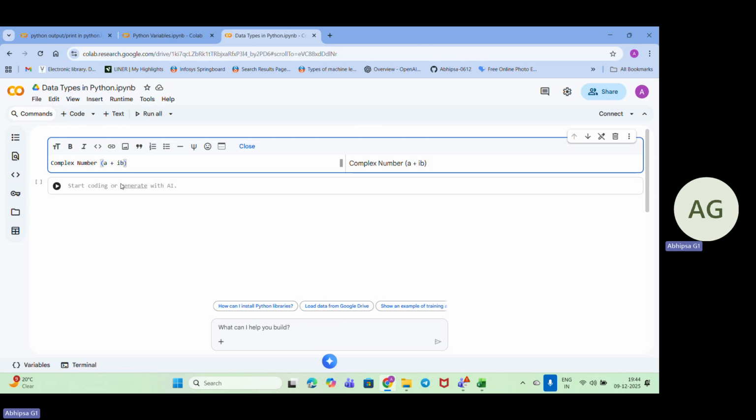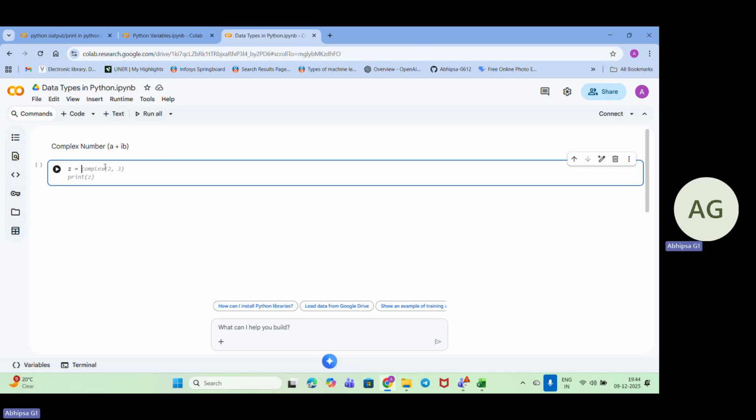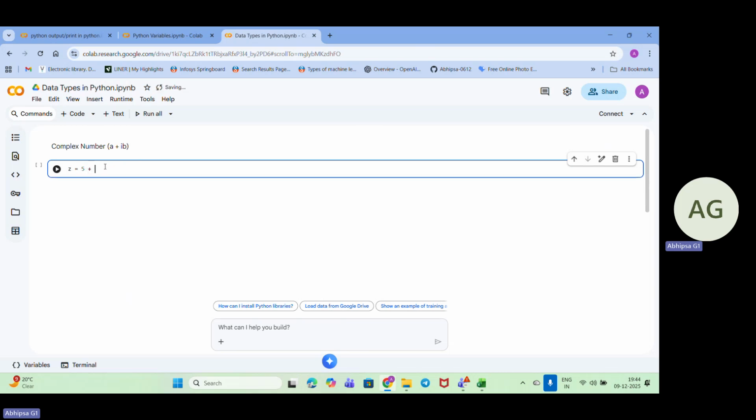Okay. So now if I have to do it, so suppose z equals to 5 plus 2j. In this form I am writing. So it is already storing it like that.